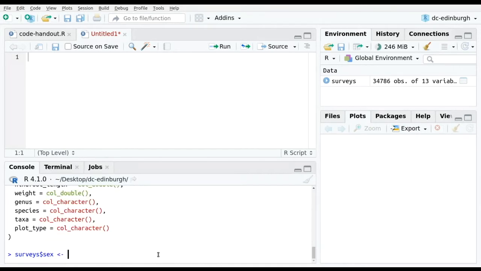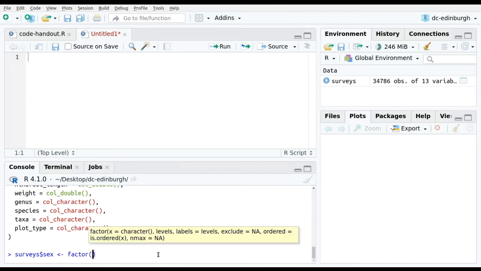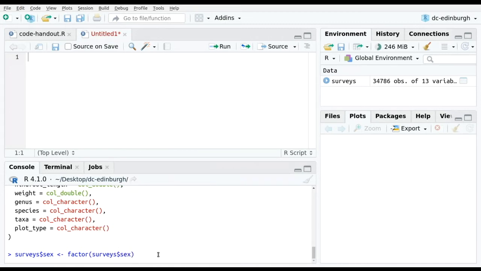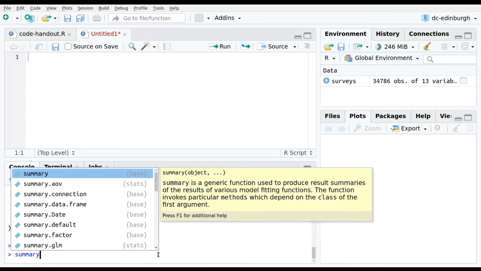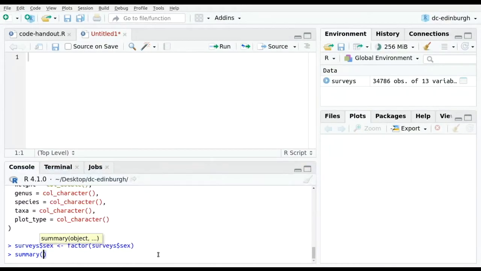Then the assignment arrow and as.factor, and the argument is the column, surveys dollar sex. If I execute that, and now I do a summary of surveys dollar sex,